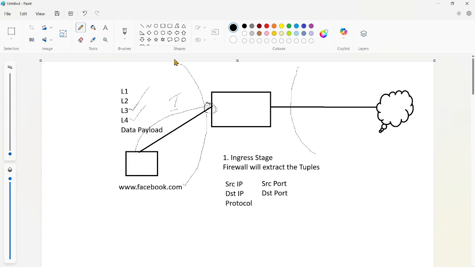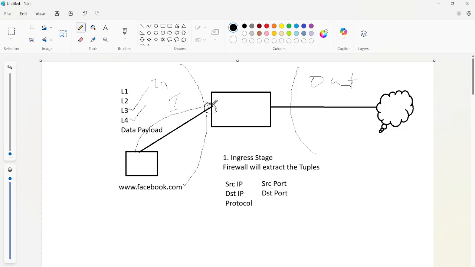In order to protect our private network from the public network, we are segmenting the zones. Let's consider this is our inside zone and this is our outside zone. The interfaces connected to our private network will be called the inside zone, and the interfaces or devices connected outside of our network will be called the outside zone.